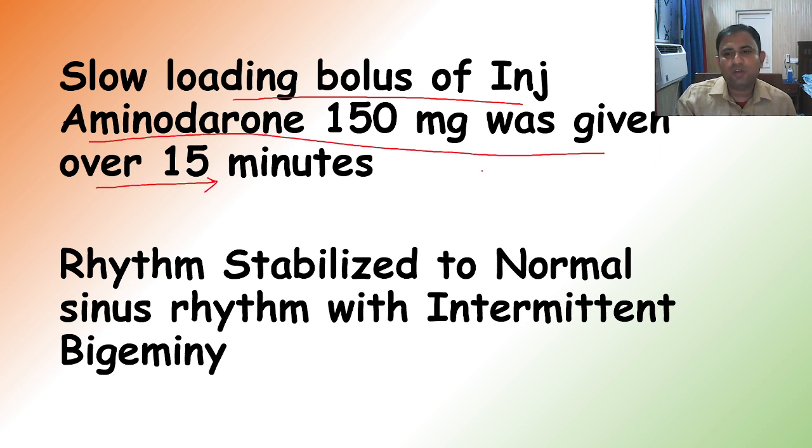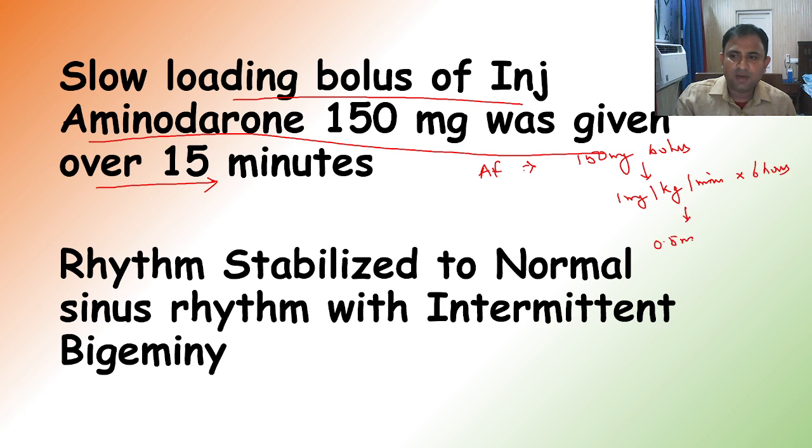How is amiodarone given in an AF? Amiodarone is given as a 150 milligram bolus, followed by 1 milligram per minute over 6 hours and subsequently 0.5 milligram per minute over 18 hours. That is how you load a patient with amiodarone when you are trying to chemically cardiovert